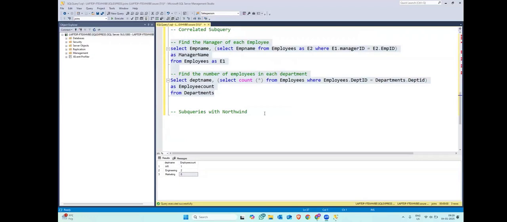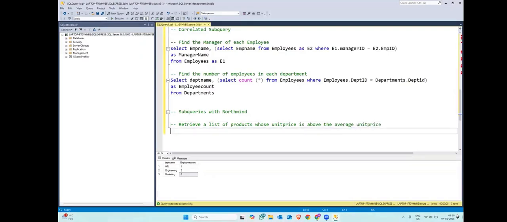Well, I will give a simple question here. There are 2 questions in this that I want to solve. First is to retrieve a list of products whose unit price is above the average unit price, and second is to